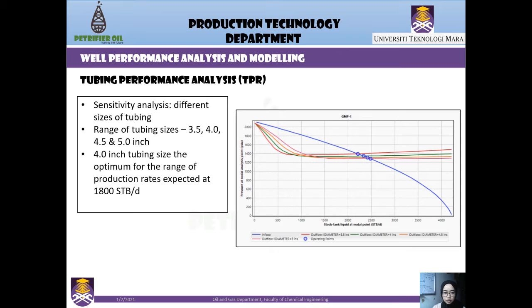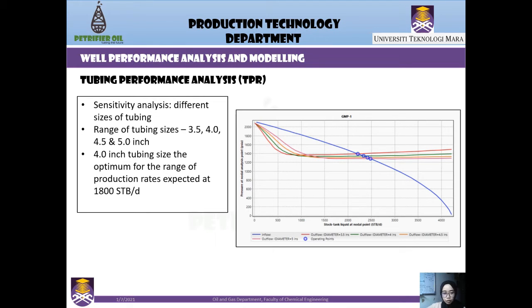And this is the first sensitivity analysis that we did, which is using the different sizes of tubing. The range of the tubing size starts with 3.5 inch, followed by 4, 4.5, and 5 inch. As we can see here, the IPR is the same IPR as before, and the TPR is using different sizes of tubing. Most of the tubing manage to achieve the expected oil rate from the reservoir, which is